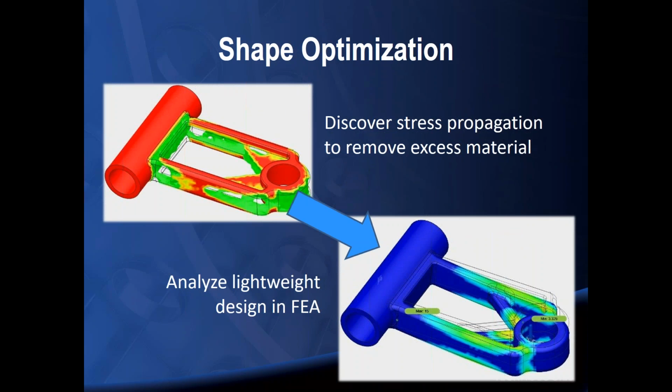And then the last type of simulation is something that we're actually going to talk about today a bit, shape optimization. With shape optimization, we can apply some loading conditions to the material and see not just how it reacts, but we can see the different paths that the stress uses to propagate through the material. And based on that, we can choose how to remove some of that material from those components so that we can make our parts lighter, maybe even make them cheaper to produce, but they can still be strong enough in order to handle whatever load it is that we're planning on applying